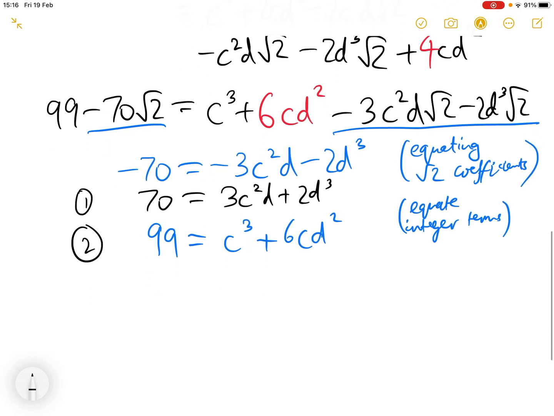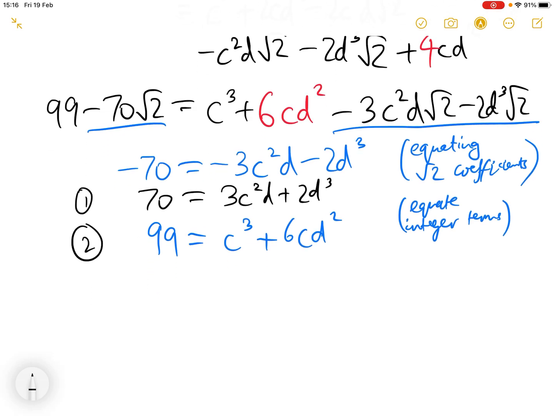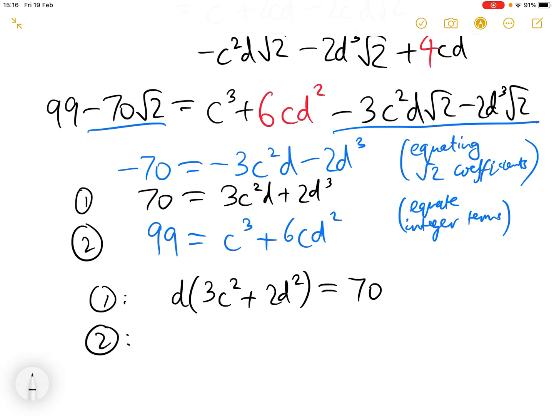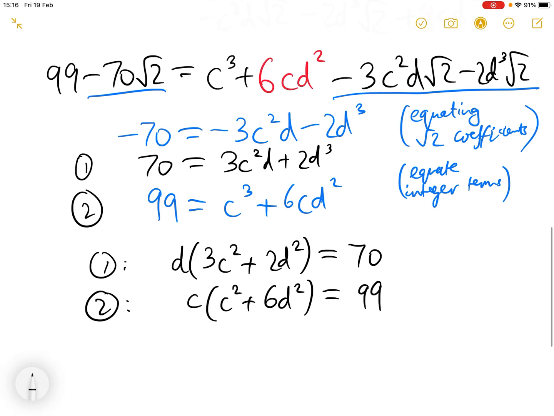And then perhaps if we factorize these, equation 1 becomes d lots of 3c squared plus 2d squared is 70, and equation 2 becomes c lots of c squared plus 6d squared is 99. And then we know c and d are positive, and we know that the brackets with the squares are also positive. So what kind of number could d be? Or what kind of number could c be? So maybe I'll just make the comment before I go on that I'm sure you could solve these algebraically, but I don't think it's very easy. It would be quite difficult to solve, but we can certainly work out some possible values for d and c